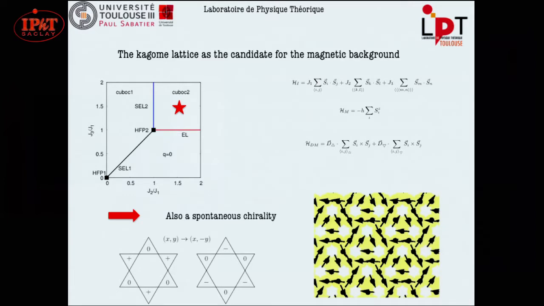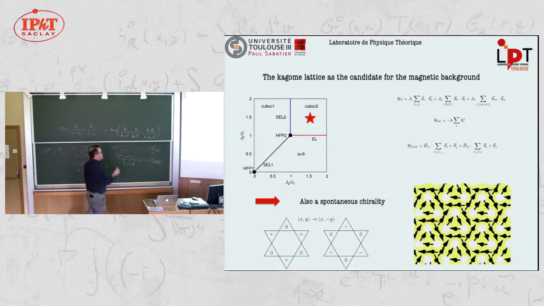Okay, let me continue. There is another, more exotic way to get a spontaneous chirality. Now you locate yourself in the Kubock-2 phase. So you need the second and third neighbor couplings to be in this area. You put a magnetic field, and you put a Dzyaloshinskii-Moriya interaction, which is